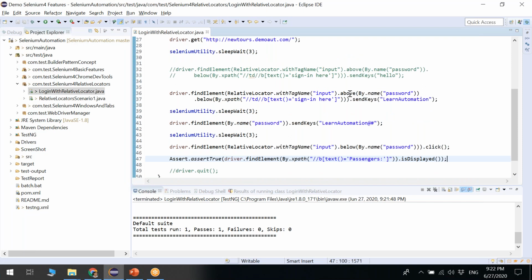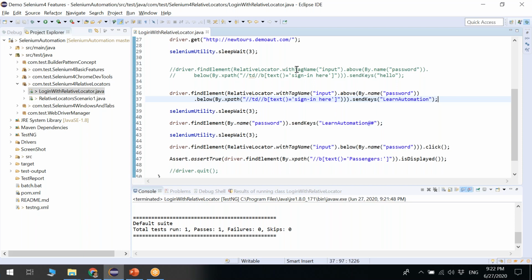We have seen this above and below. Let me show you one more example where we can use left and right. Let me close this. Let me add one point there. If you are confused with the syntax, you are already familiar with this type of syntax when you maximize the window or apply the implicit wait.